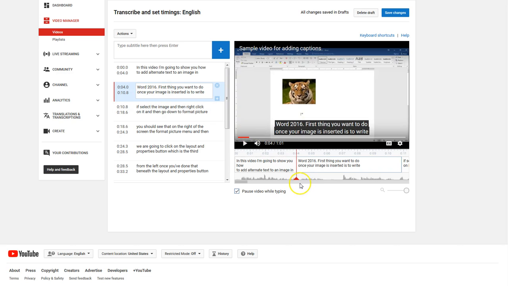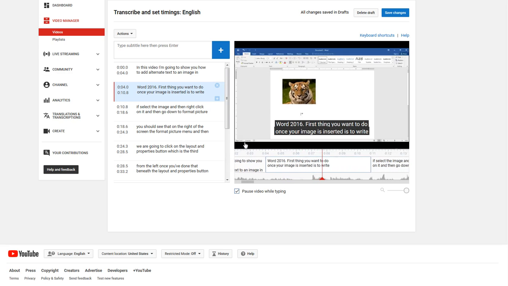Image in Word 2016. First thing you want to do once your image is inserted is to select the image